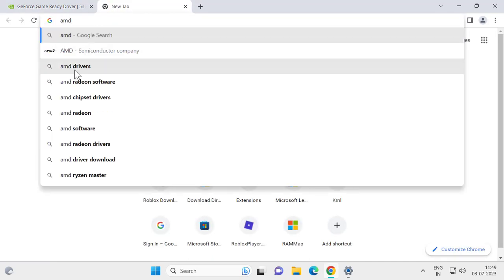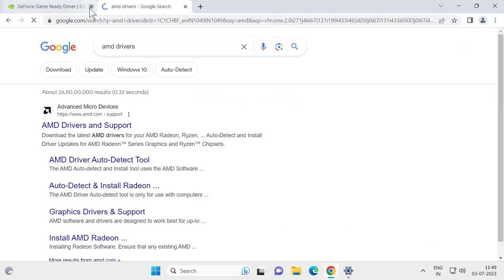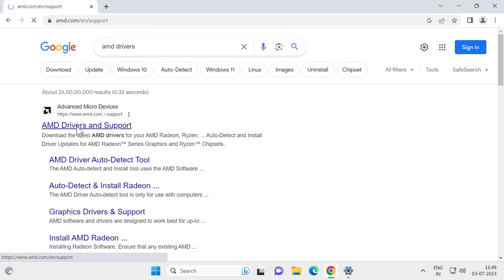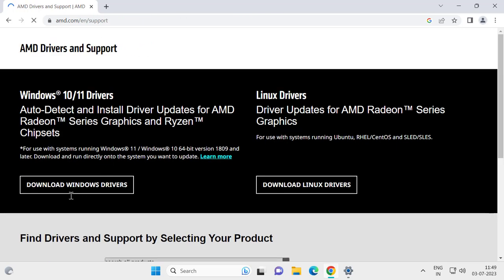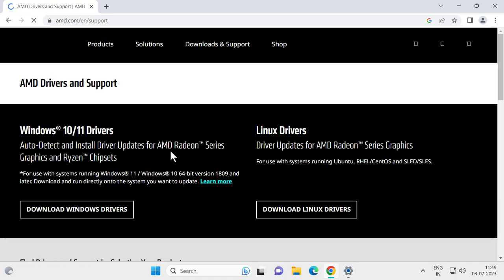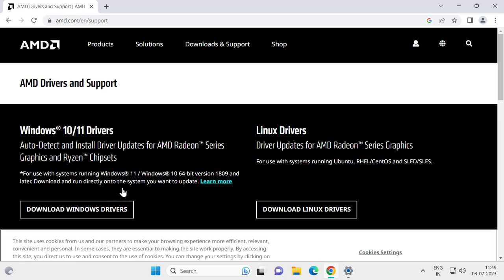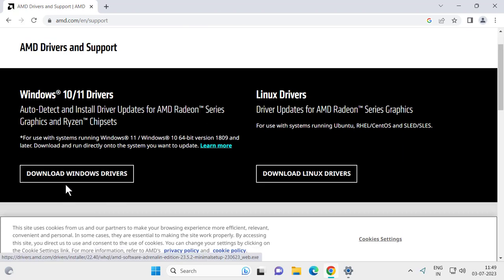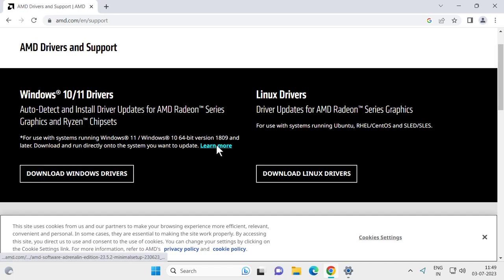If you are using AMD driver, click on AMD drivers and support. We just need to click on download Windows drivers, auto detect and install driver updates for AMD Radeon series graphics and Ryzen chipsets. Just want to download this, guys. Just want to download this and you just want to install it, guys. After installing it, hopefully your